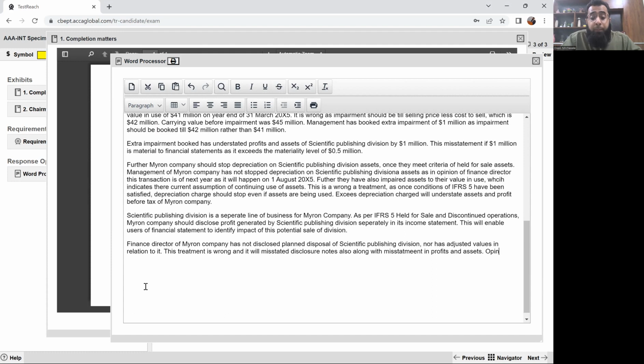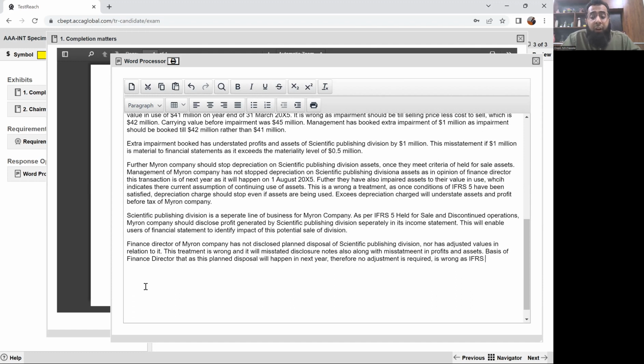The basis of the finance director, that as the planned disposal will happen in next year, therefore no adjustment is required, is wrong,